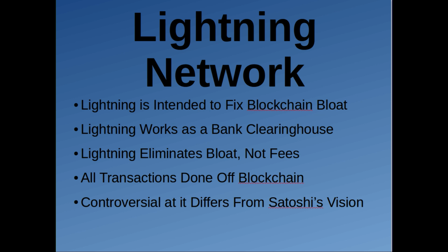And then again, the fourth point, all transactions are done off the blockchain. One reason why you really need to understand that is because it sort of differs from Satoshi's vision. Points 4 and 5 are kind of similar. They're kind of together. You can't then trace your transactions as easily over the Lightning Network. Now, they haven't released it yet, so you might actually be able to trace your own transactions through the Lightning Network. You might be able to do that without having a blockchain, but that would cause some centralization, and then